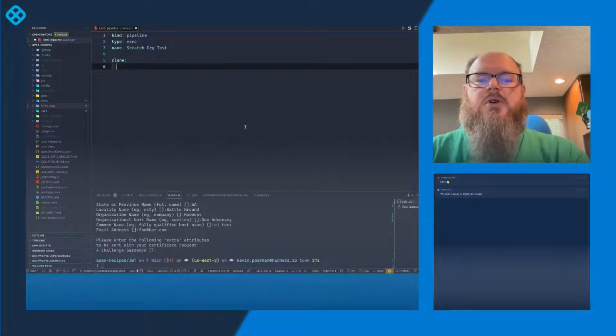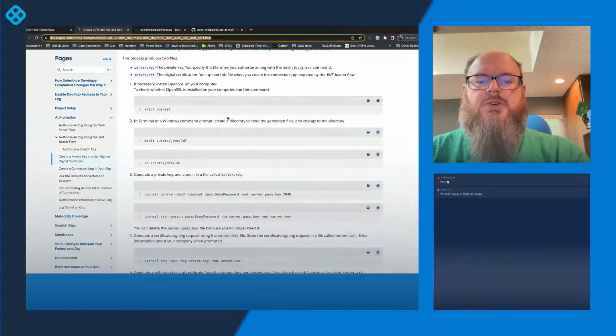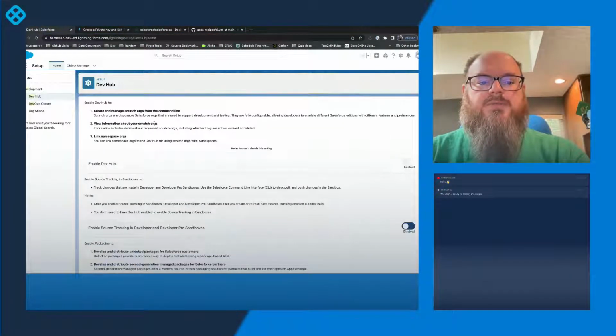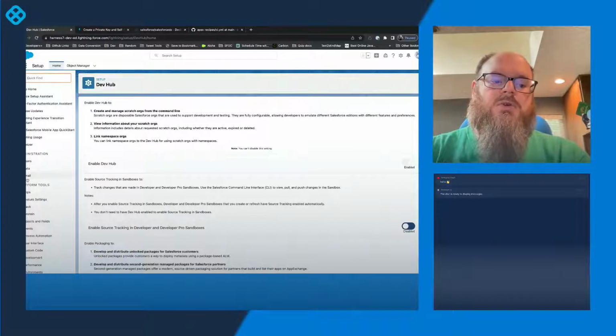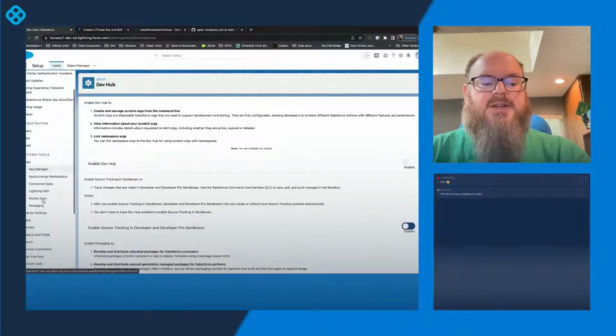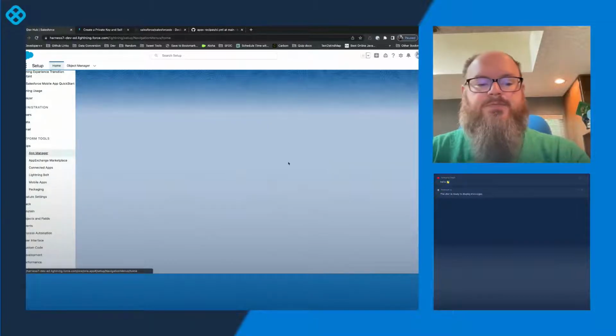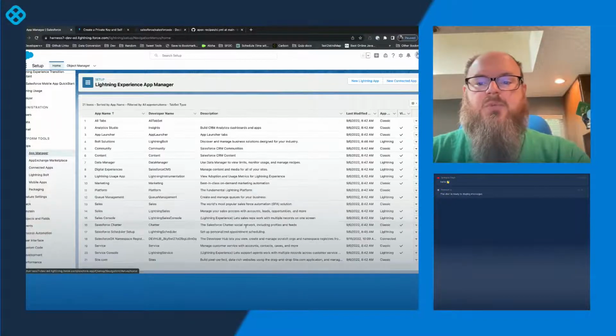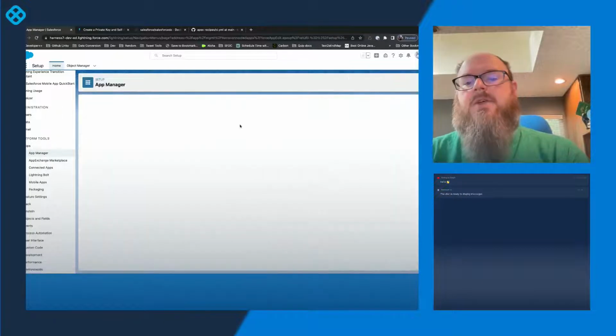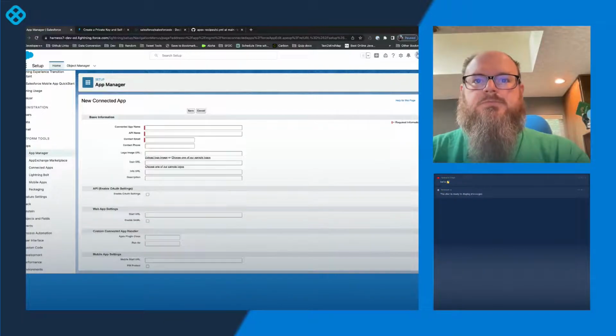in our org. So we're going to go back over here to our org where we've logged in, and we're going to do connected app. Actually, it's not connected app. You have to go to app manager. Even though there's a connected app one there, you have to do new connected app there. Okay, and we're going to